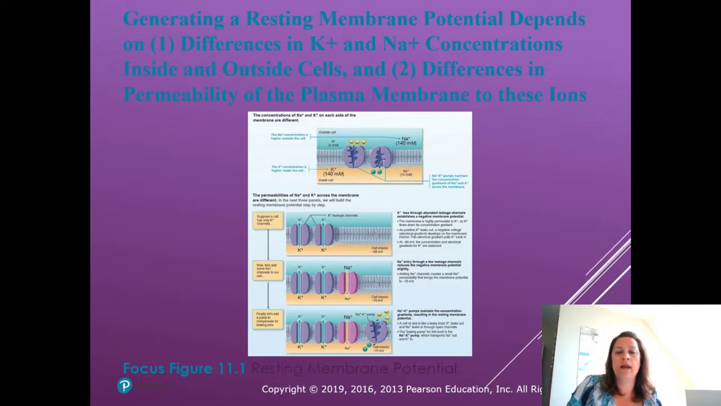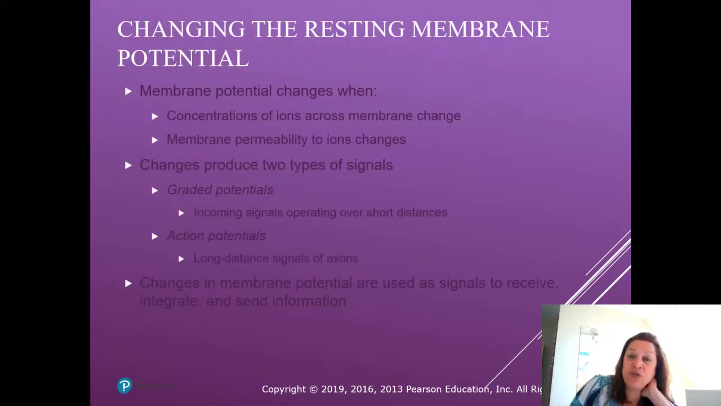Again, this is a really small picture, but you should try to read through it. The permeability of sodium and potassium across the membrane are different. In the three panels, we will build the resting membrane potential step by step. Potassium is lost through leakage channels. Sodium enters through a few leakage channels and reduces the negative membrane potential. And then the sodium-potassium pump maintains the concentration gradient. We always have to end up at that negative inside, positive outside when we're talking about the membrane. Otherwise, we won't be able to send that